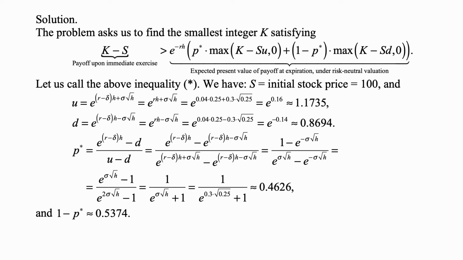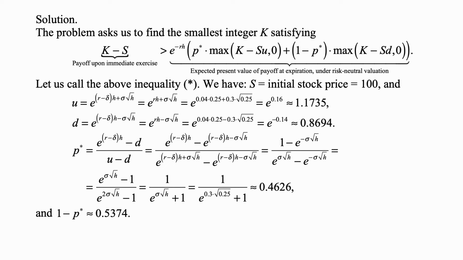But we plug in all of the formulas, and this actually simplifies to 1 minus e to the minus sigma square root of h over e to the sigma square root of h minus e to the minus sigma square root of h, and we just simplify this